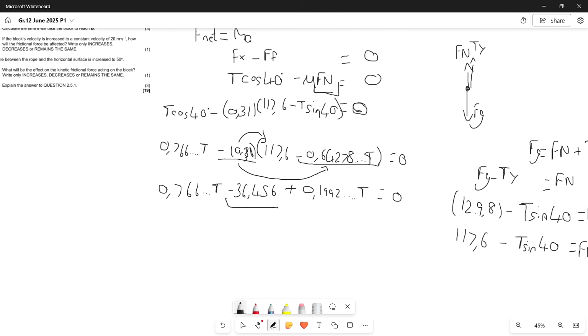So at this stage, we can just take the number over to that side, simplify our like terms with the T on them, and then divide by that, and we'll have our final answer. So taking this over, we have positive 36,456, and then simplifying the 0,766 plus the 0,1992 together equals